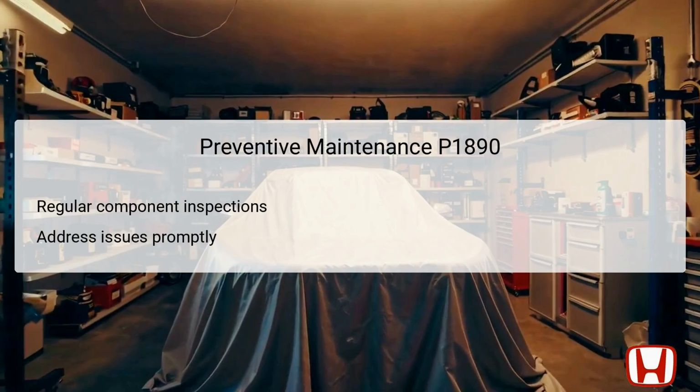Regular component inspections, particularly of the speed sensors and electrical wiring associated with the TCM, can catch issues before they escalate into serious problems. Addressing any minor inconsistencies or warning signs promptly can save time. Worn internal components are harder and often more expensive to replace. Additionally, ensuring that the transmission fluid levels are maintained according to Honda specifications is paramount, as this fluid is crucial for proper function. Conducting routine diagnostic scans can help identify any DTCs early on, enhancing the overall reliability of the